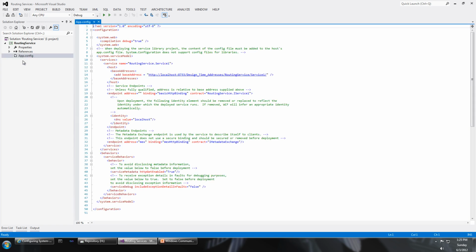Now let's look at the app config file. Like I said, there is configuration required for a WCF service. And this is actually where you specify the services in your project that you're going to expose to the outside world. This is also where you specify your bindings, your endpoints. There's also behaviors. We're not going to talk about behaviors in this session because they're not needed for the simplicity of this example. But this is where all of your service configuration information is stored. And there's actually a lot provided by default in here. We're actually going to trim this configuration file down quite a bit